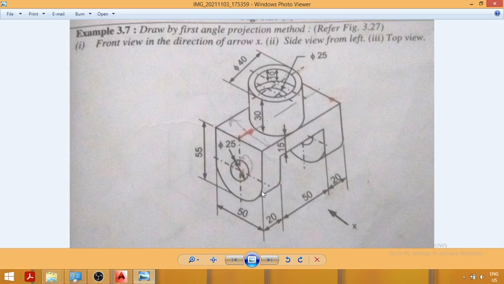Now the length of this part, that is the distance from this point to this end line, is equal to 20 mm on the left, and similarly the distance from this line to this vertical line is equal to 20 mm. So now we will draw the projection of this surface, first this surface, and second we will draw the projection of this surface. The length is given as 20 mm and 20 mm on both the left hand side and right hand side.